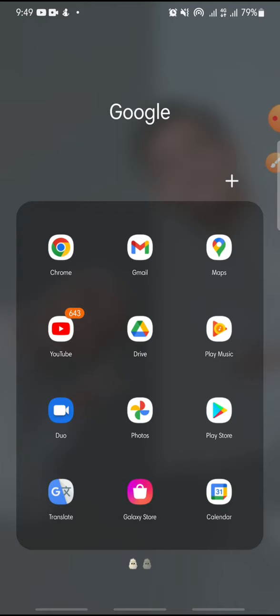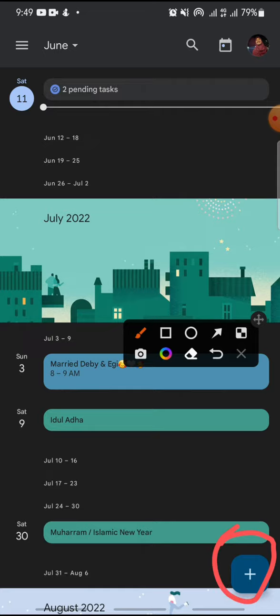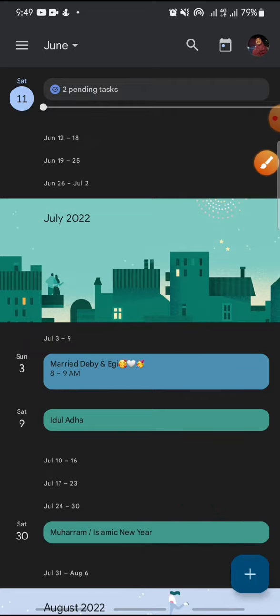In this video, I'm going to show you how to set text to repeat from Google Calendar. Now let's get started. First, open your Google Calendar app, and then in here you just click on the tab and click an existing text or create a new text. You can click in here and click text,